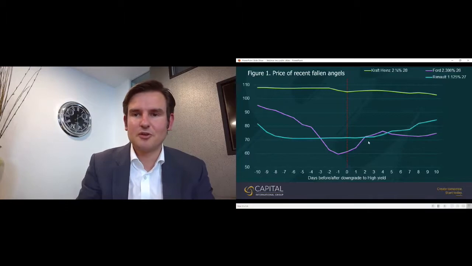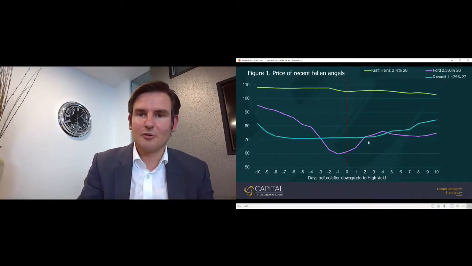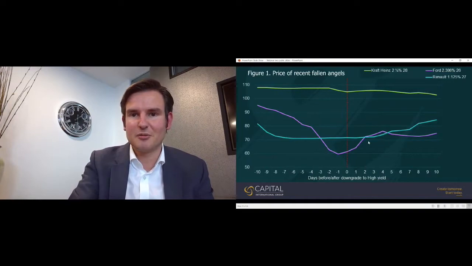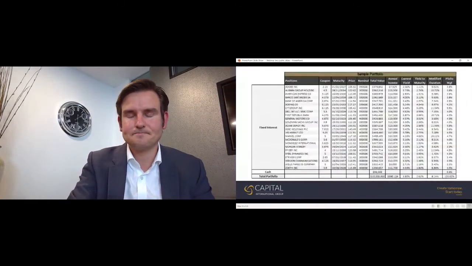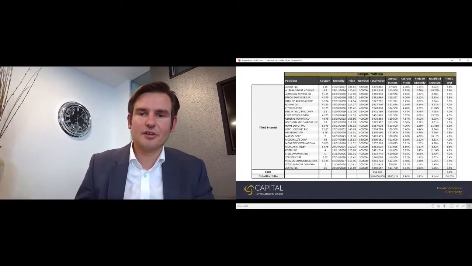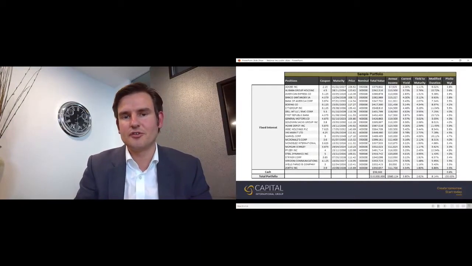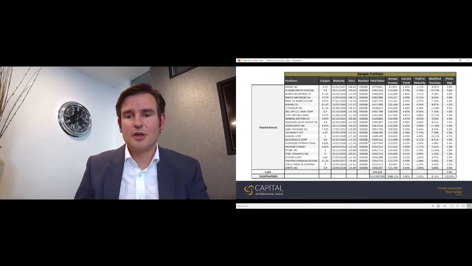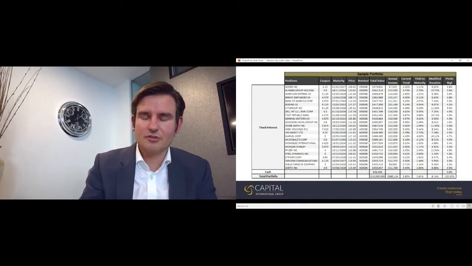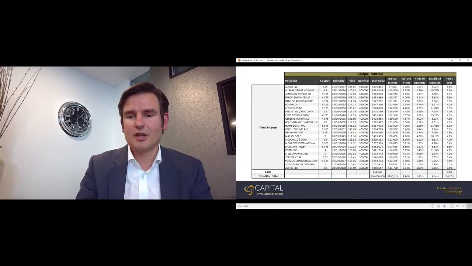You may have exposure to Ford or Renault or Kraft Heinz in your existing fixed income portfolios, but the credit rating of them may have shifted, perhaps without you noticing. So as an investment team, we have seen an increase from trustees and institutions and corporate service providers looking at what can be done within the fixed income space to generate a yield almost as a replacement to the returns that they might have been able to achieve on cash prior to COVID-19.